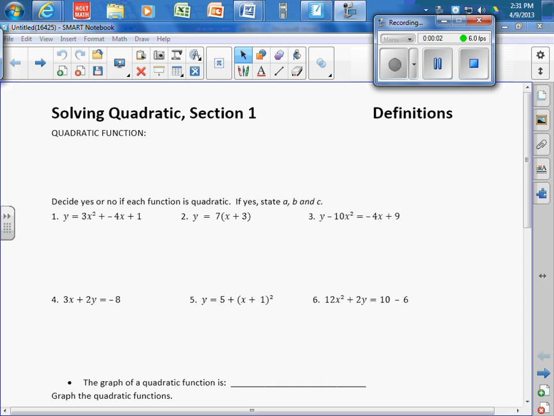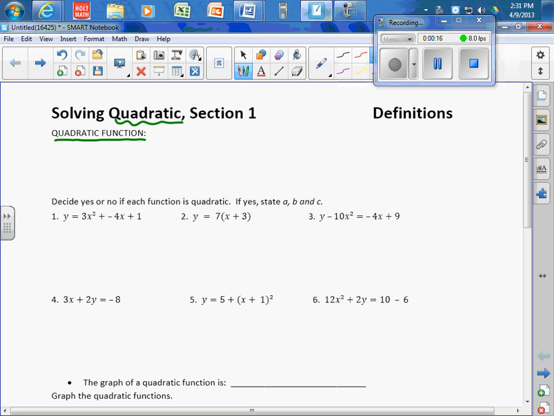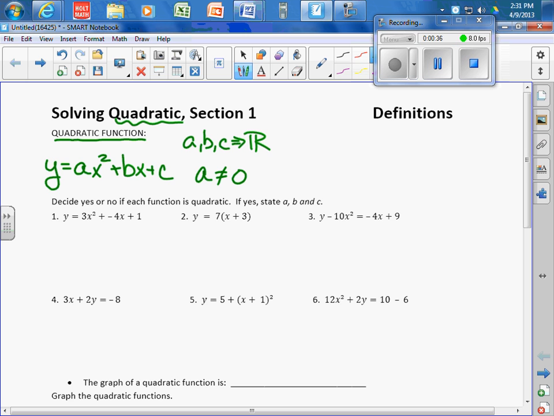All right, in chapter 8 here, quadratics, the last chapter, by the way, of Algebra 1, we're going to be studying these quadratics. Now, here's what makes a quadratic function. It must be in the form of y is equal to ax squared plus bx plus c, where a, b, and c are real numbers, and a cannot be equal to 0. So if we have numbers here, here, and here, where a is not equal to 0, we have what's called